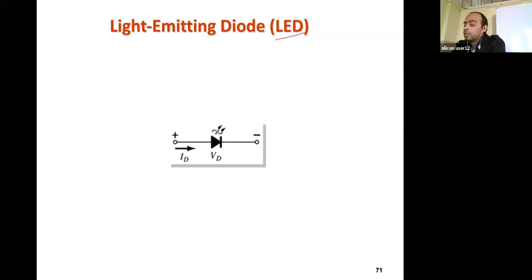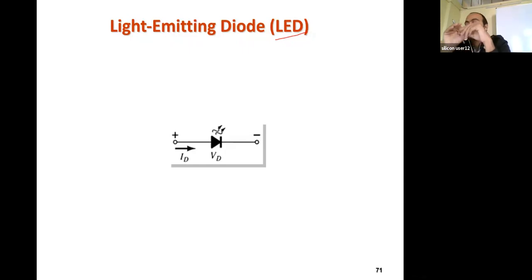LED is also nothing but just a PN junction diode. Like in the PN junction diode, when you apply forward bias, the depletion region is neutralized and the conduction starts. Similarly, it is the same thing for the LED. But when the depletion region is neutralized, it will emit some energy, photons, and those photons will look like visible light.